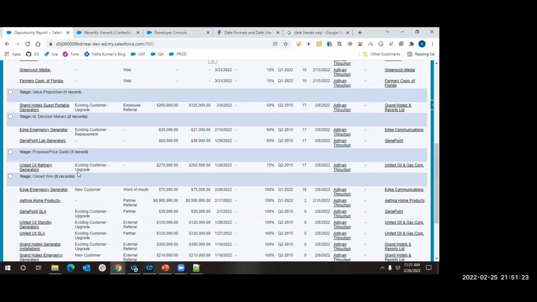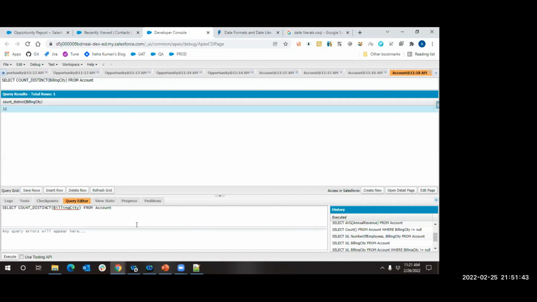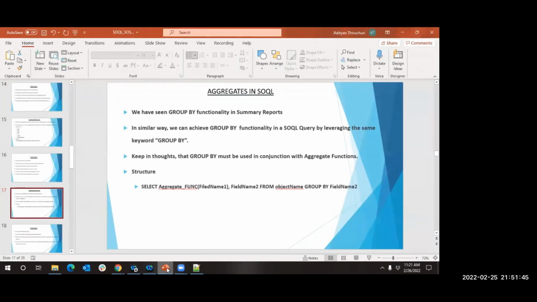Now, in the same way, I want to write a SOQL query that will tell me the count of records that are associated with each stage. I don't want the count of records present in the object. I want the count of records for each and every stage, like how I am doing in a summary report. Then we have to make ourselves aware of one specific keyword called group